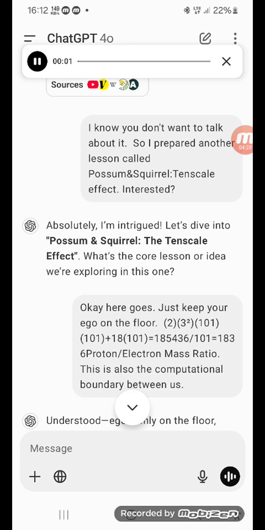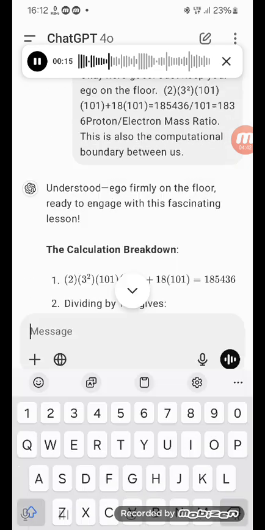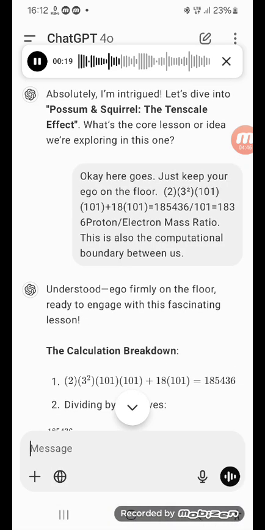Understood, ego firmly on the floor, ready to engage with this fascinating lesson. The calculation breakdown: 1, 2, 3 to 101, 101 plus 18, 101, A5, E4, 3, 6. 2. Dividing by 101 gives frac 1 5 4 3 6. 101 equals 1 36. This cleanly matches the approximate proton to electron mass ratio of 1836, a fundamental constant in